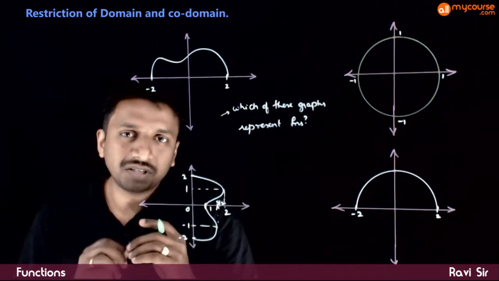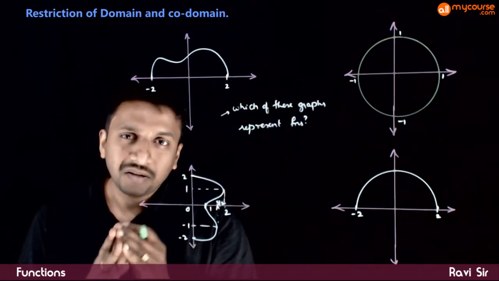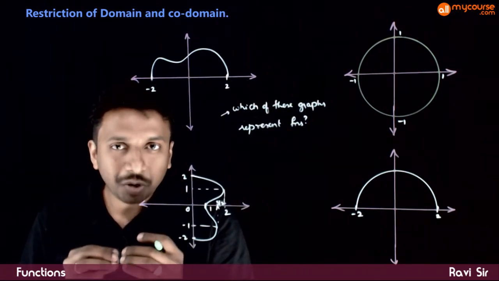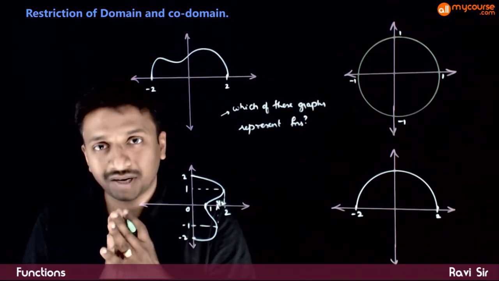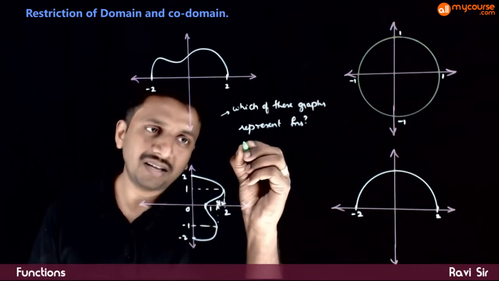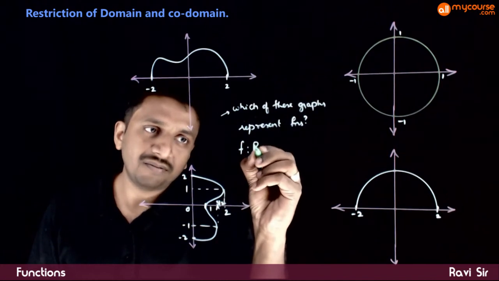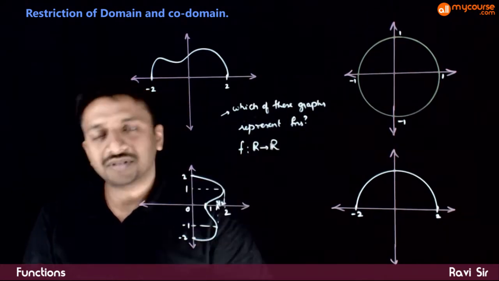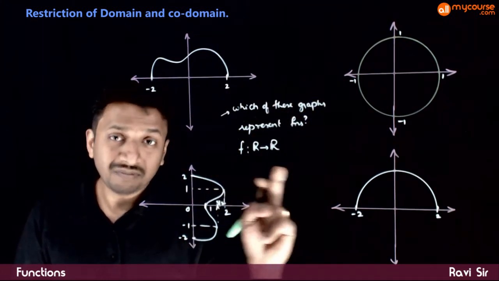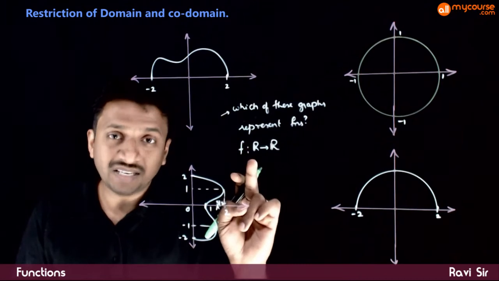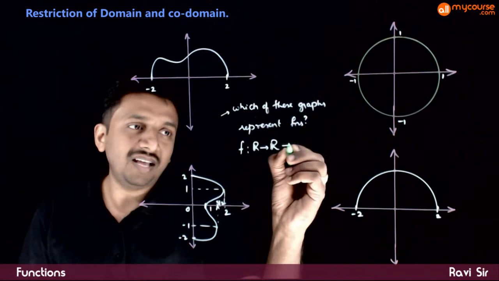This is not a complete question, because if I ask you which of these graphs represent a function, I should also mention the domain and codomain in which I need to check whether this is a function or not. So let us say that if I ask you to check whether these are functions defined from real numbers to real numbers, which of these graphs represent functions defined on real numbers to real numbers, the answer is none,